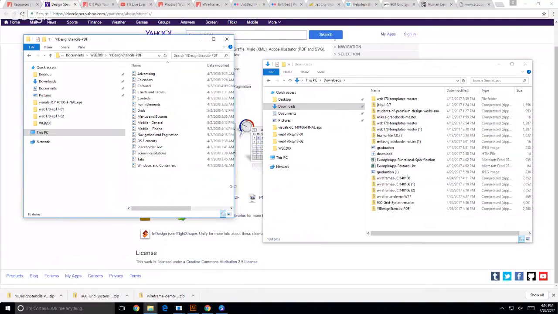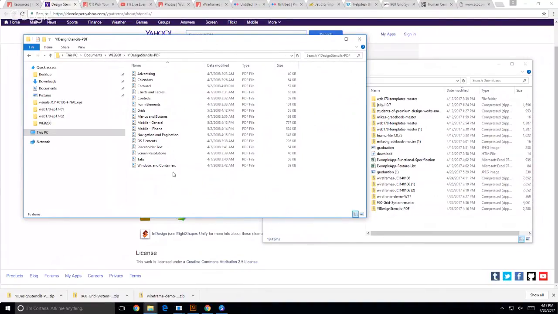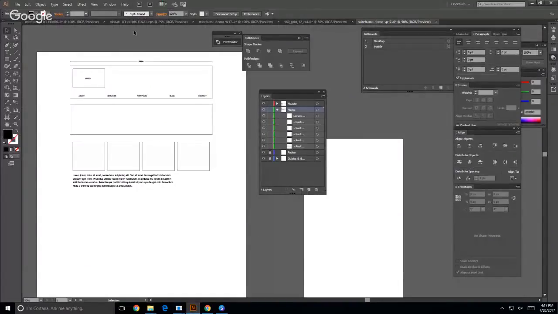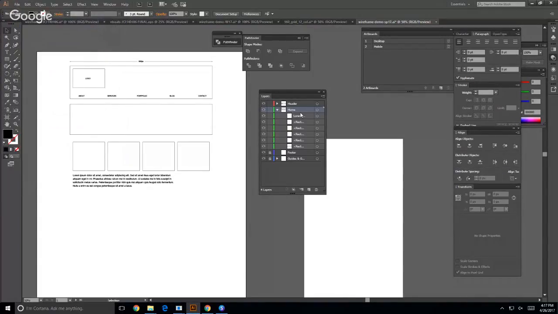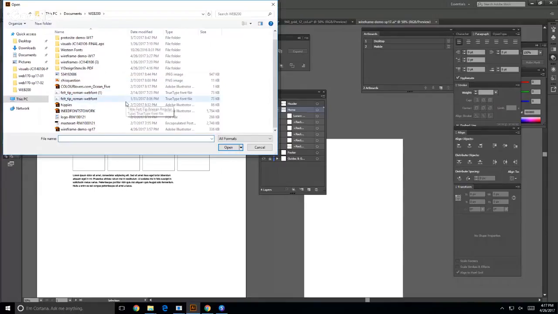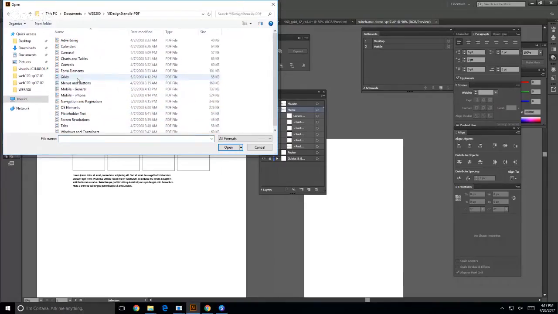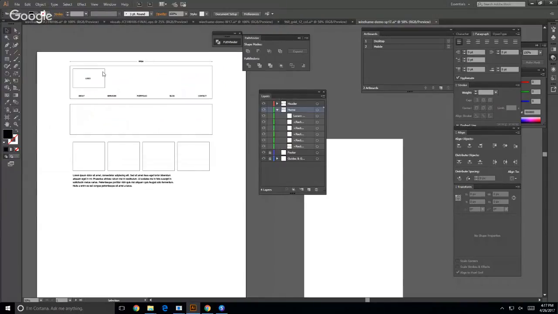So if I open that up, you see a whole bunch of things. The unfortunate part about this is, because they're PDFs on the PCs here, if you want to use them, you have to then go and open from Illustrator. But if I want some form elements,